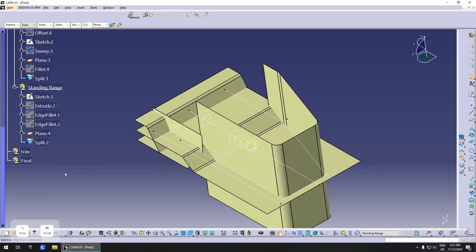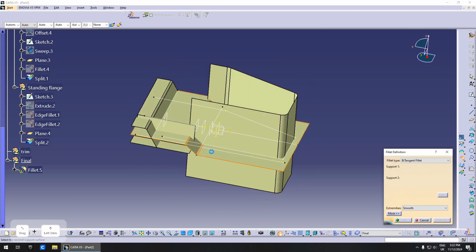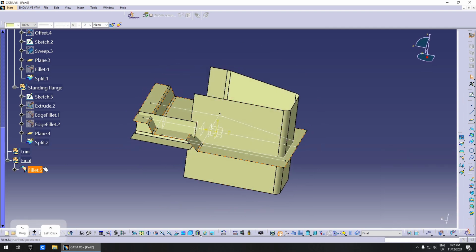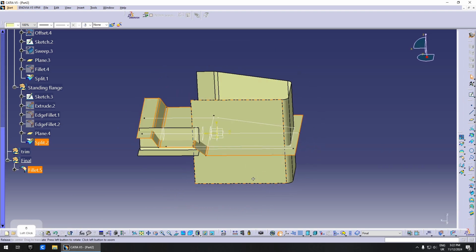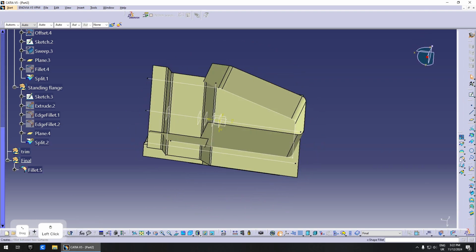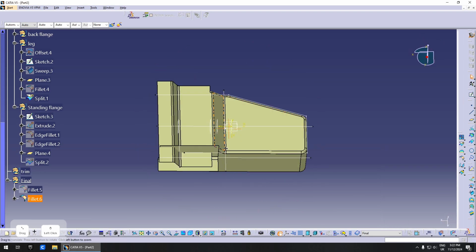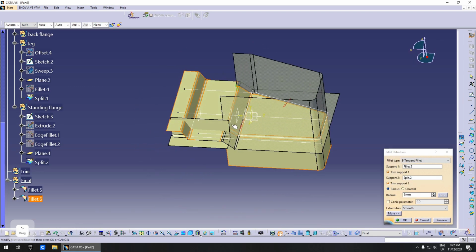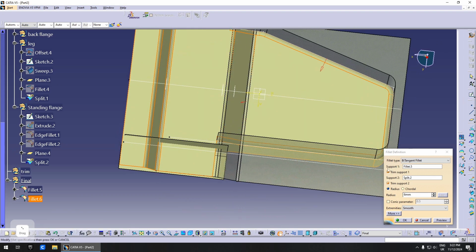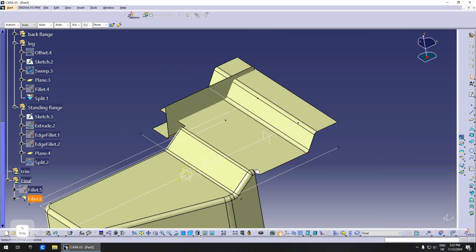Now that we have all these shapes, we need to put them all together. So we have the shape from here, the shape from here. We will do this, and we basically join the two shapes together. Next, we need to maybe do this. And we have part of our standing flange. What's important here is that we actually put minimum here, so we don't take up more of the part surface